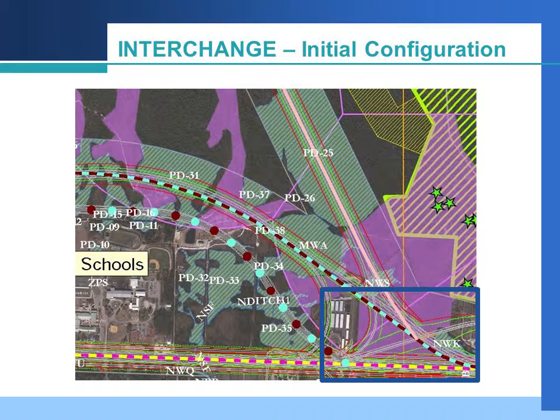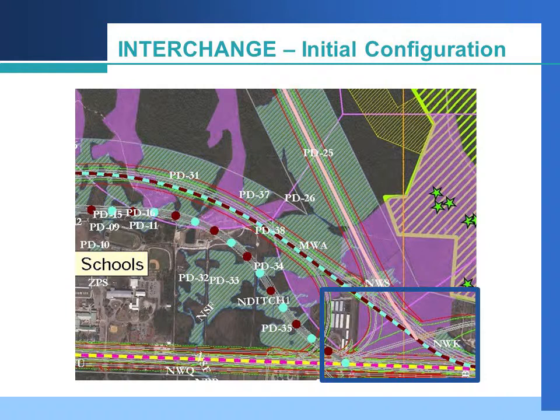The next few slides show examples of avoidance and minimization. The first example shown on this slide is a scenario that demonstrates how avoidance and minimization is a process that takes place throughout project development, not just something that occurs at the time of the Concurrence Point 4A meeting. As new information becomes available through the project development process, additional target areas for avoidance and minimization measures can become